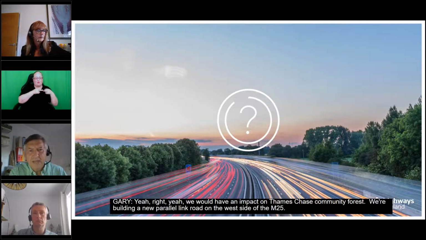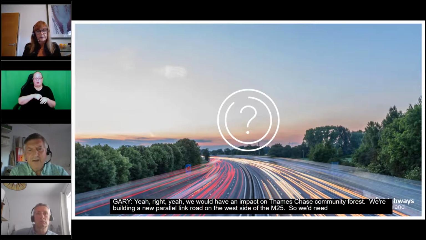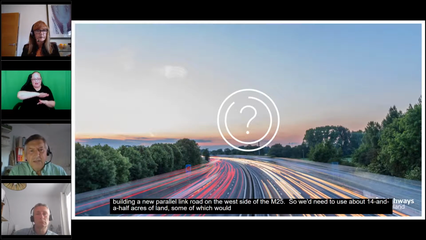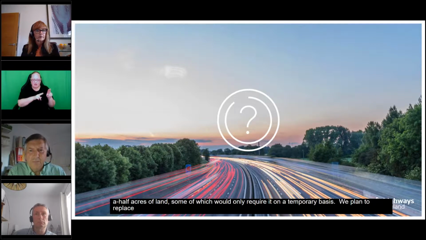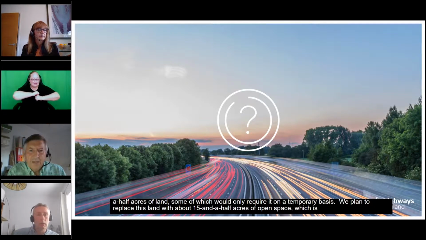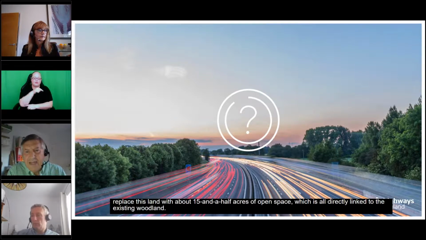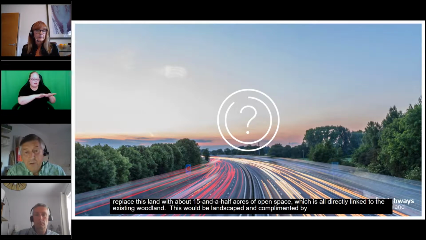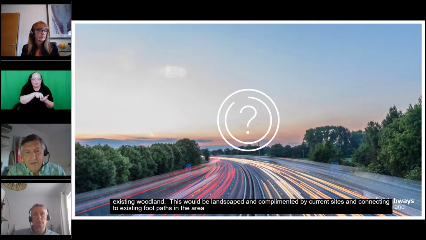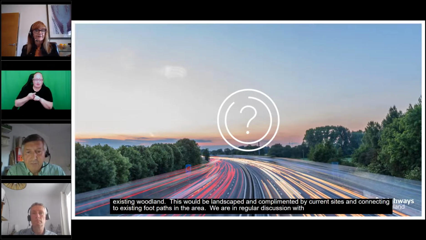So we'd need to use about, I think it's about 14.5 acres of land, some of which would only require it on a temporary basis. We plan to replace this land with about 15.5 acres of open space, which is all directly linked to the existing woodland. This would be landscaped and complemented by current sites and connecting to existing footpaths in the area. We are in regular discussion with the Forestry England and Thames Chase Trust, so we'd meet their requirements with replacing